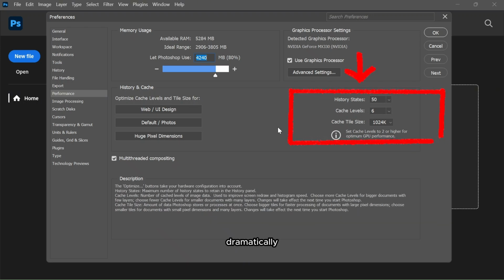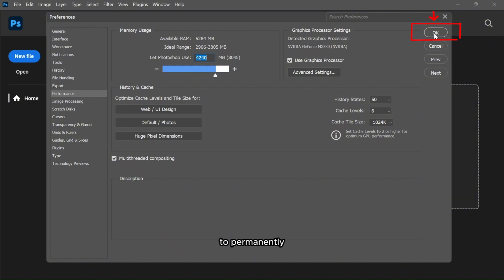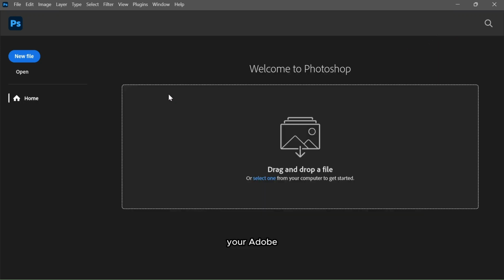image tiles dramatically faster. Finally, move your cursor to the top right corner of the Layout dashboard and click the OK button to permanently validate your new system hardware assignments. Relaunch your Adobe Photoshop software to clear out existing data registers and boot up with a fully optimized, high-speed rendering